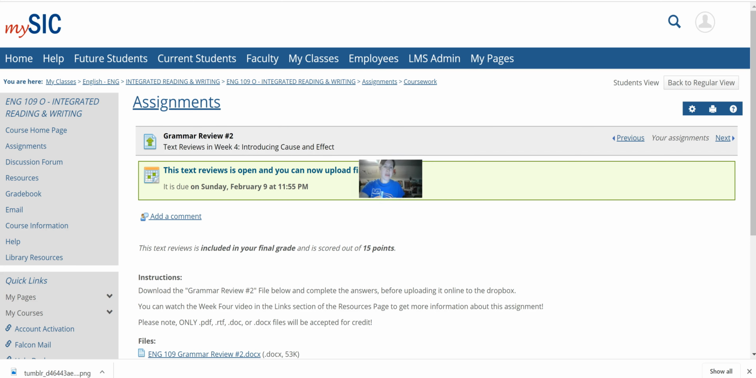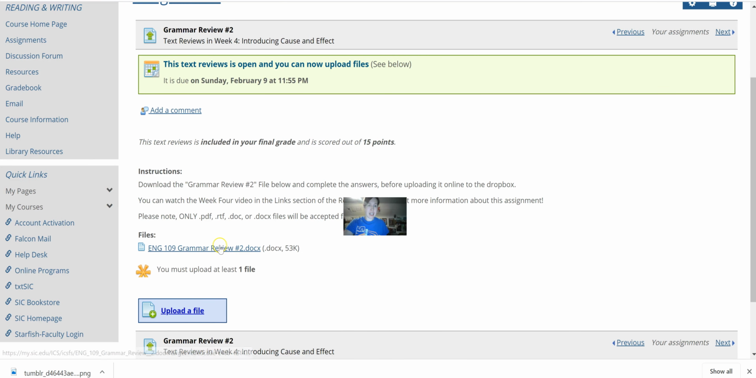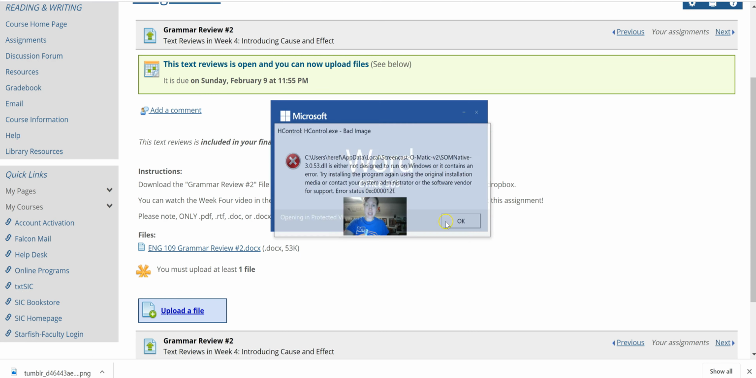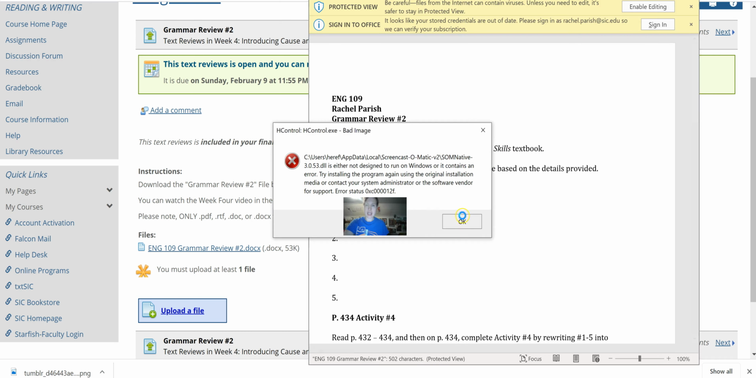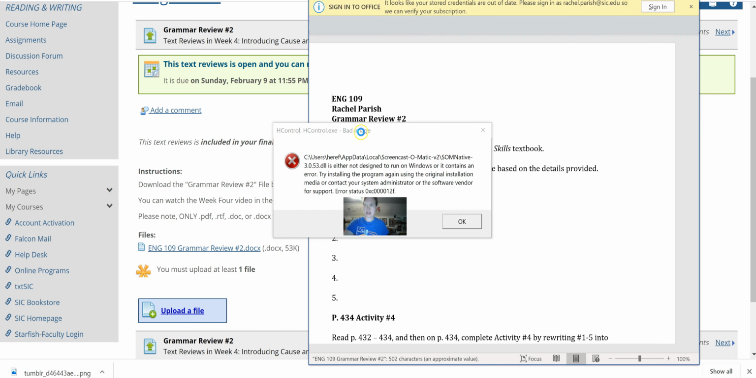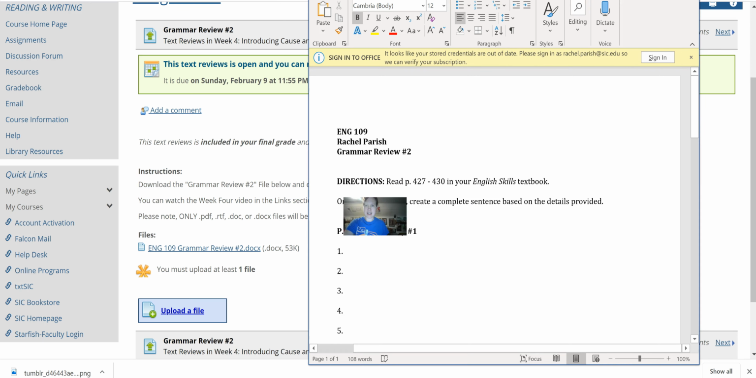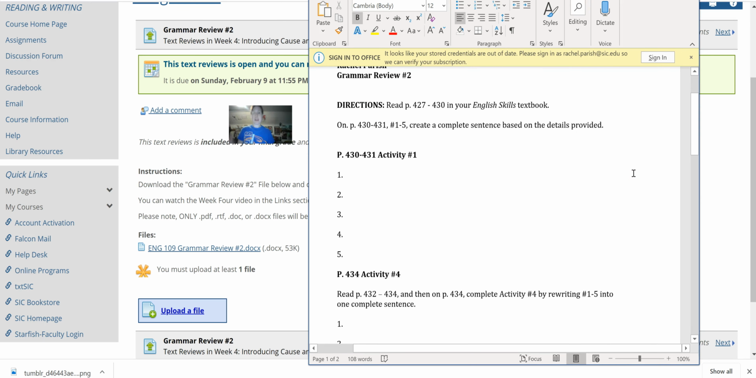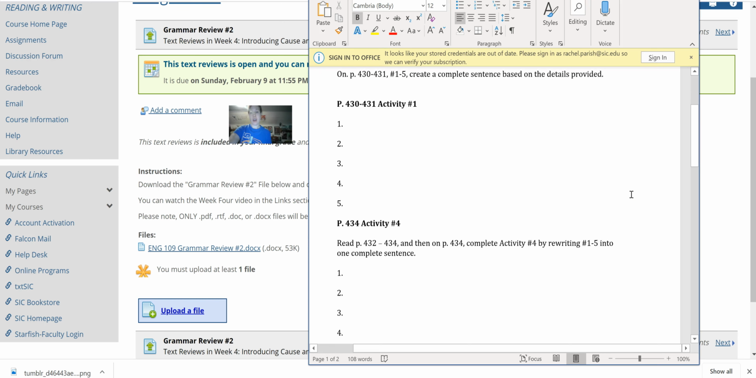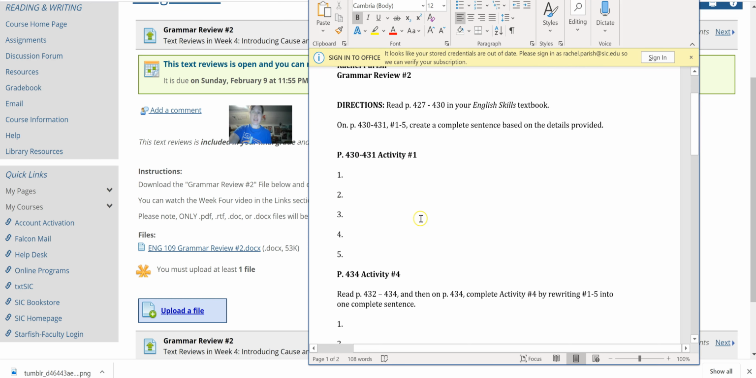So this is grammar review number 2, and it's right here. It's the same setup as the first grammar review we did last week. And I hate that this box pops up. I'm going to get this box out of here. All right, there we go. So you will need to look at page 427 to 430 in your textbook, and it will explain the activity. Basically, questions 1 through 5 on activity 1